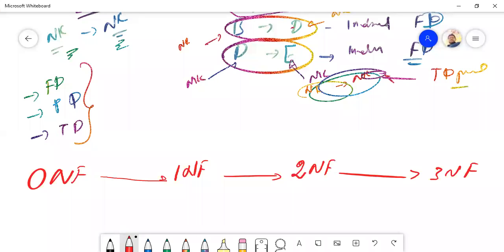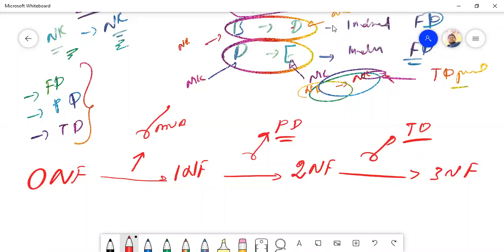Okay. Now, we have some processes we already learned about. We are removing the multi-value attribute. Then 1NF to 2NF, we are removing partial dependency. 2NF to 3NF, we are removing transitive dependency. So this is a set of processes: removing multi-value attribute here, removing partial dependency here, removing transitive dependency here. Okay, now we'll do one small example,